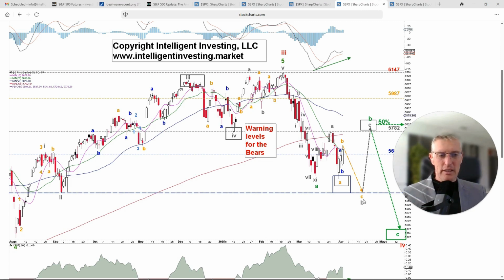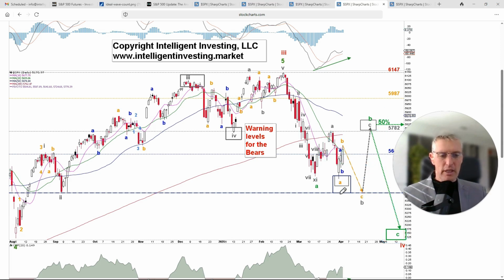Yes, we can still be in this B wave. All right. So far, what we got was 3 waves up for wave A, and then we could get 3 waves down for wave B, and then wave C of B to once again that 5800 level. The 50% retrace is at 58.25, meaning the 50% retrace of this decline. This will once again allow us for a 3, 3, 5 pattern, a flat wave B, and then the wave C will kick in, once again back to that ideal Fibonacci based pattern. So this is still possible.